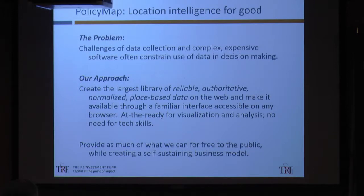But I would say for the most part, this impact evaluation has not taken off in the same way that the other two have. The problem, however, is that collecting data is complex, right? You can't just download the data from the census and then do something with it. You have to be able to clean it, to normalize it, to put it in a software application where you can start to, in terms of mapping anyway, visualize the data. So it's both the data collection and the software that make it an obstacle to really being able to incorporate data